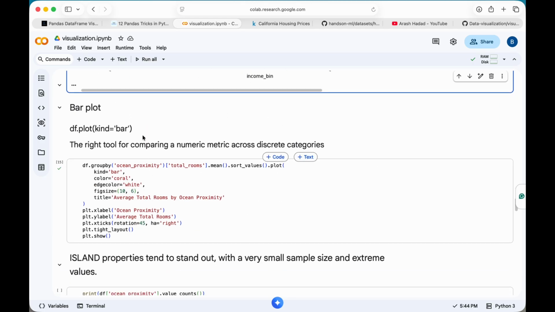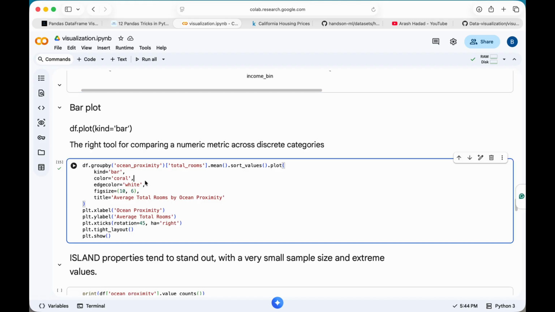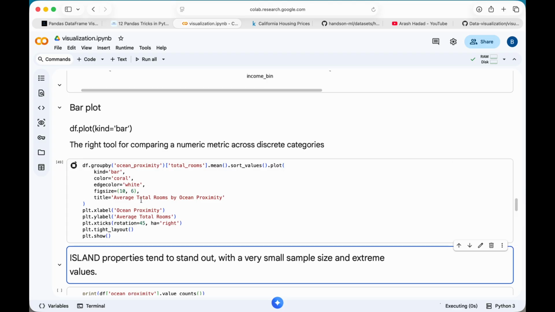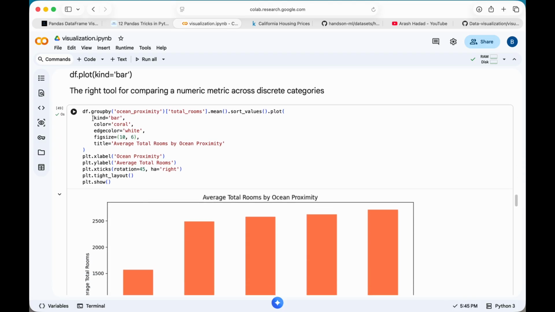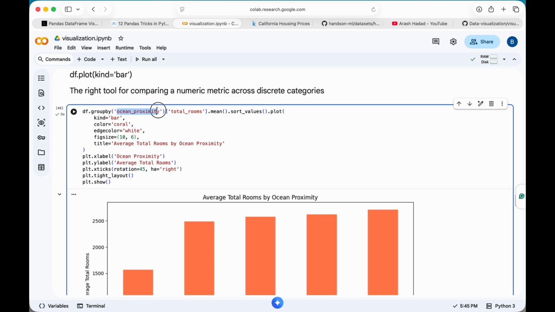Next plot is bar plot. We can simply, by writing df.plot with kind equal to bar, compare numeric columns with our categories feature. For example, here you see df.groupby and our category feature, ocean proximity, and by total number,